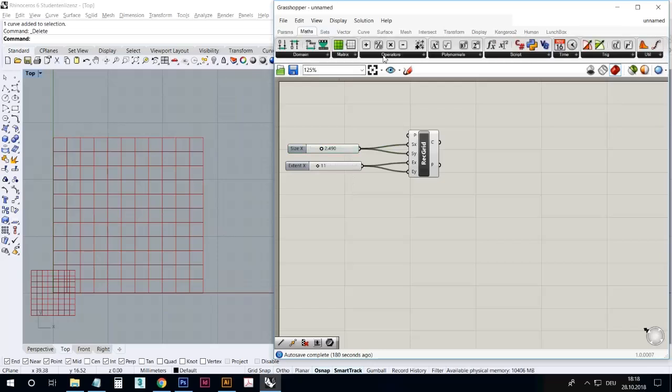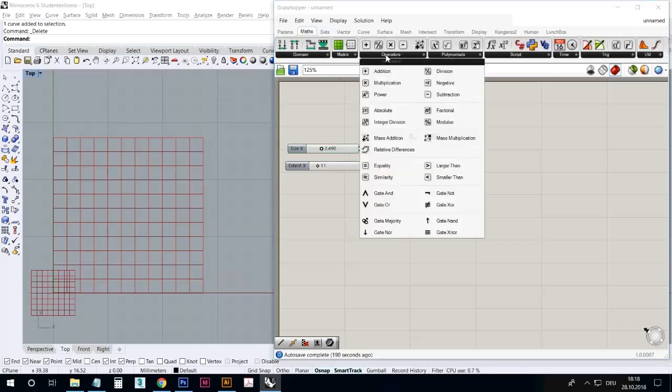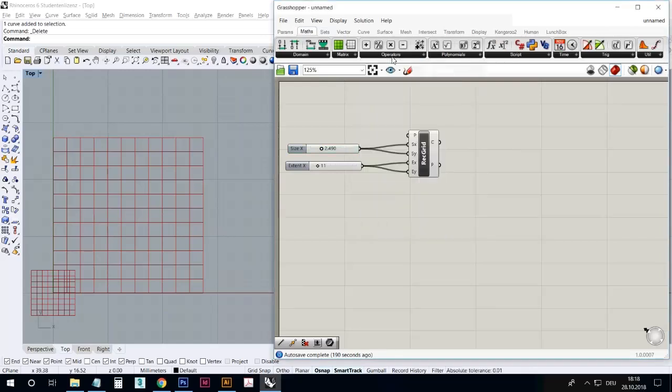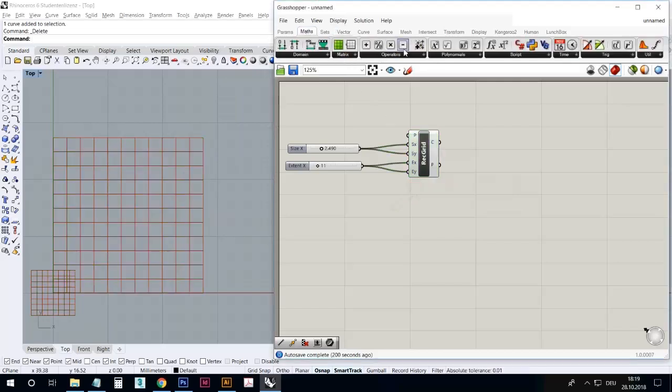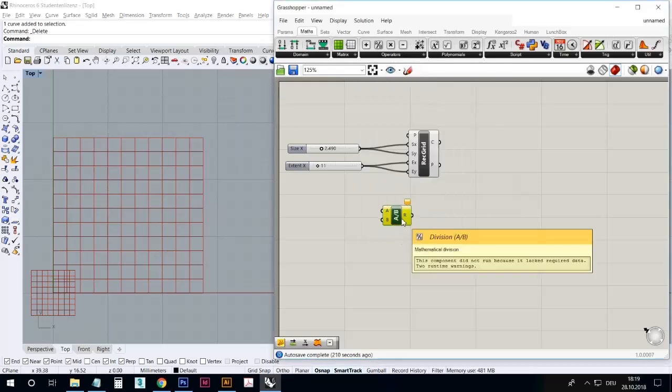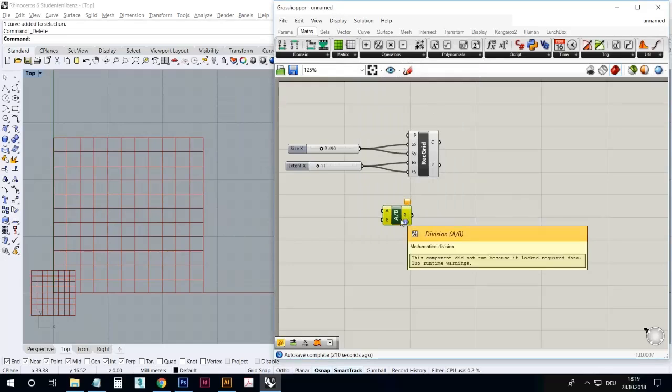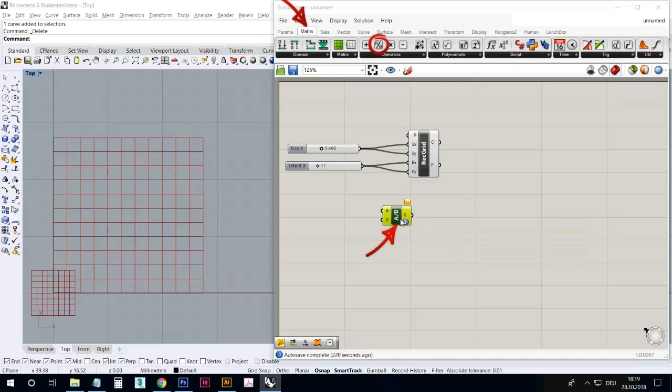So if I go to math and operators, there are the division here. So if this goes too fast, you know about Control Alt and click on the left mouse button, then you find all the things here. So if I go to maths again, and operators and division, here's the division component. It simply divides a number with another one. So I click Control Alt and left click. There you see where it is. So if I divide this with that,